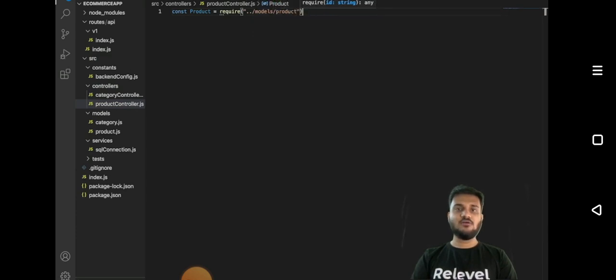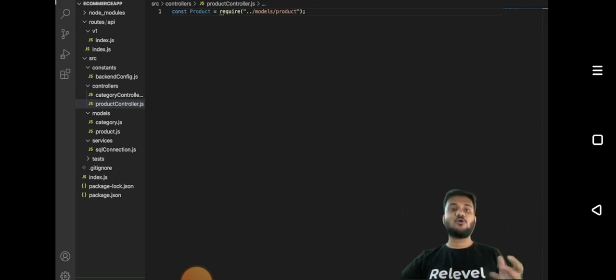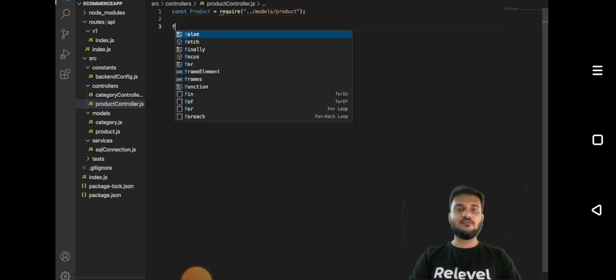Inside our models, we have a product model, right? Now using this product model, we are going to add all the functionalities for the corresponding controller, because now this controller is going to consume this product model. This is very important to understand, right? Okay. So we'll write a function